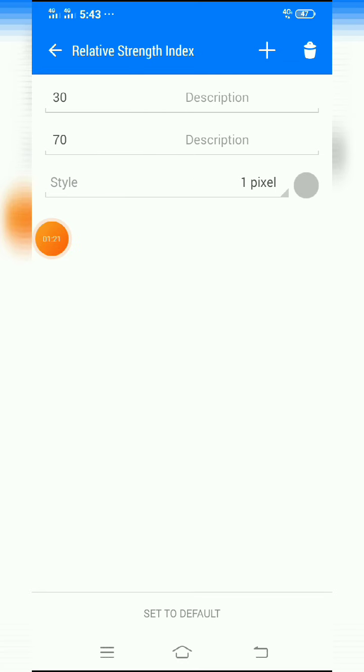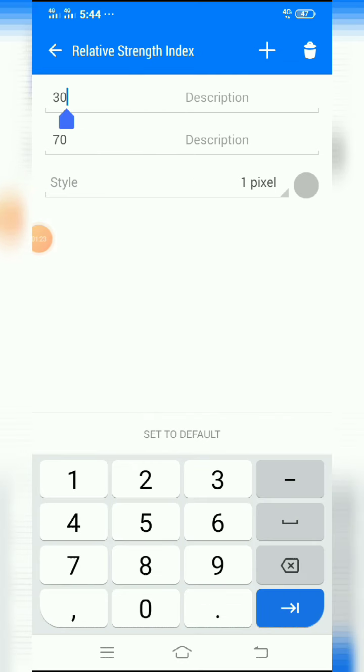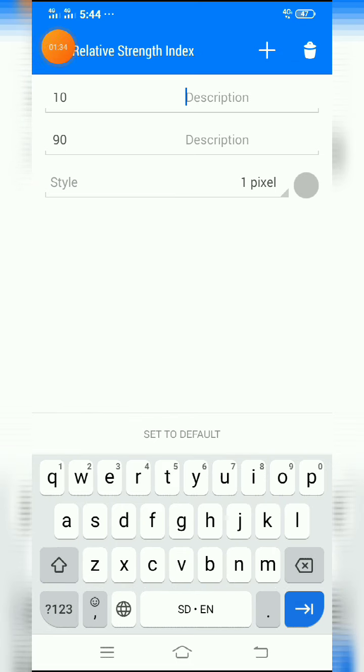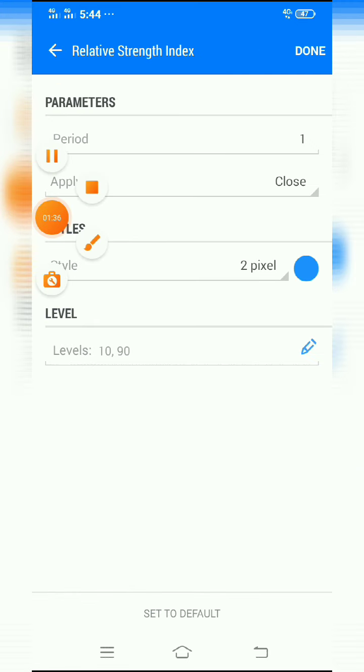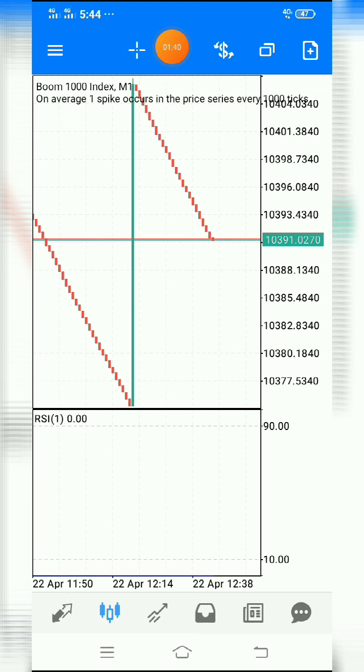And we have to click on this option. We have to keep writing 10, and there we have to keep writing 90, and we have to click on this option. Now we have to click on done. You can see this channel will appear on your MT5 and your Boom 1000 Index chart.